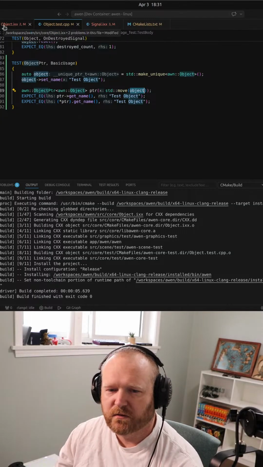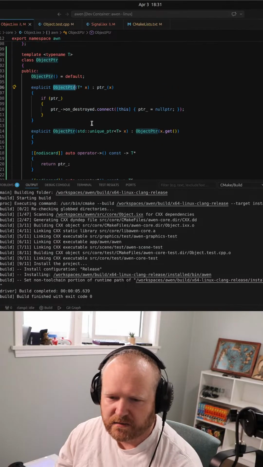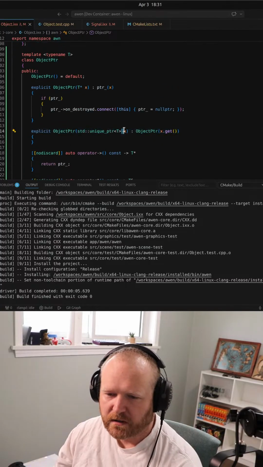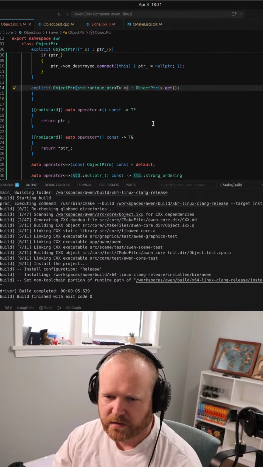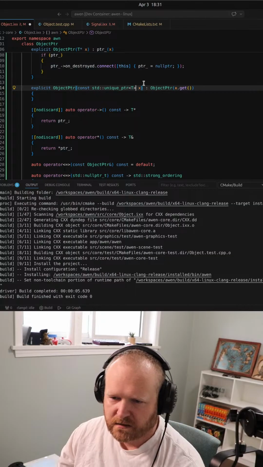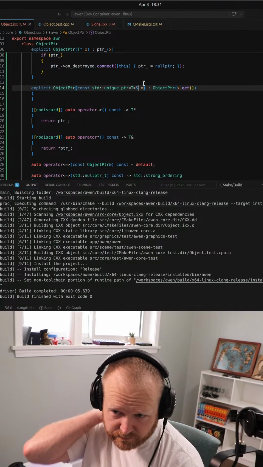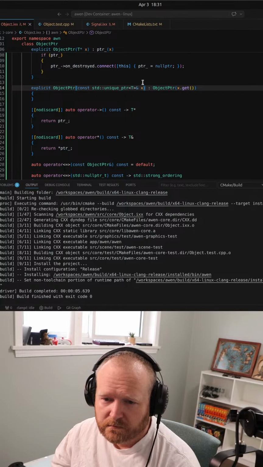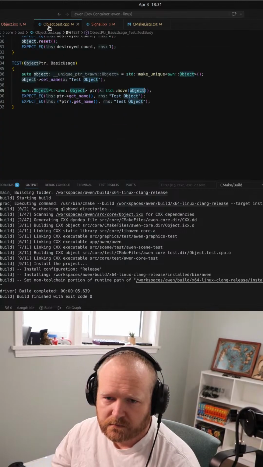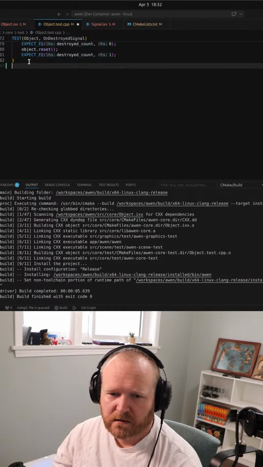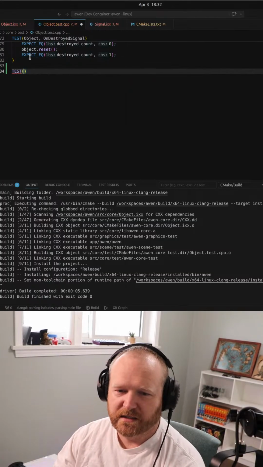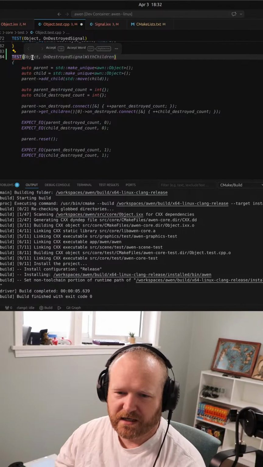I see why it was doing a release, because I was taking this by value. No, I don't want to do that. I don't want to transfer ownership. So this needs to be like const reference. So I need to do that again. It is quicker for me to delete the test so that I can